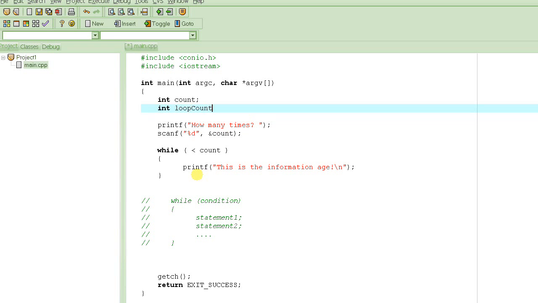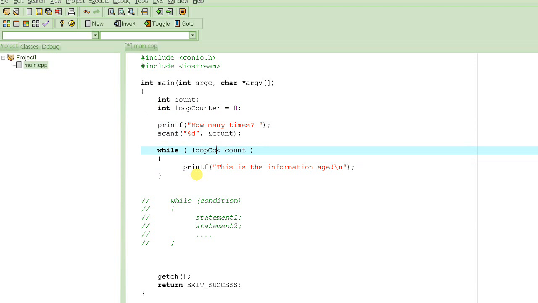Okay, so we will call it loop counter, which will count how many times the loop has executed. In other words, how many times we have already printed this message. So we will call it loop counter, and we will initialize it to some value, say 0, because when the program gets here, it will execute one line at a time, and when the program gets here, it hasn't printed this message any time, not even a single time, right? So we are going to say loop counter is 0,